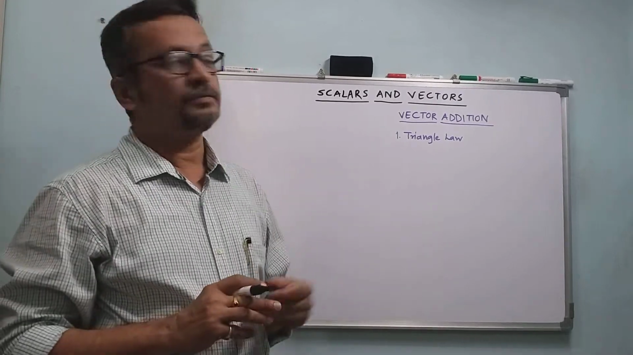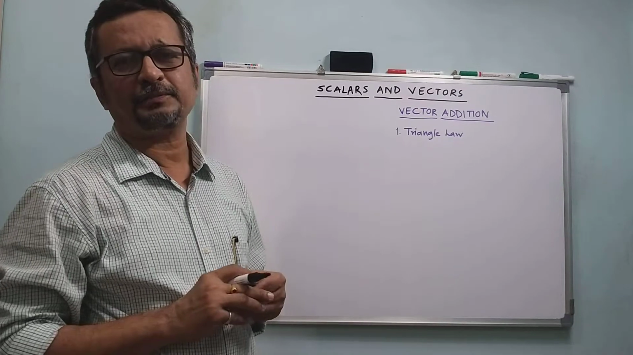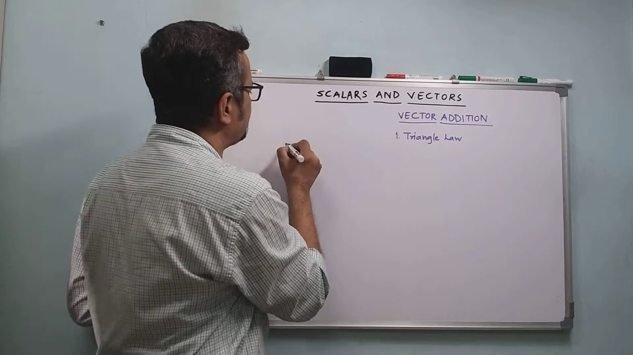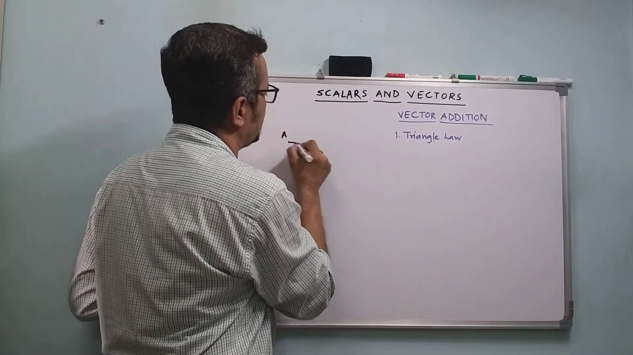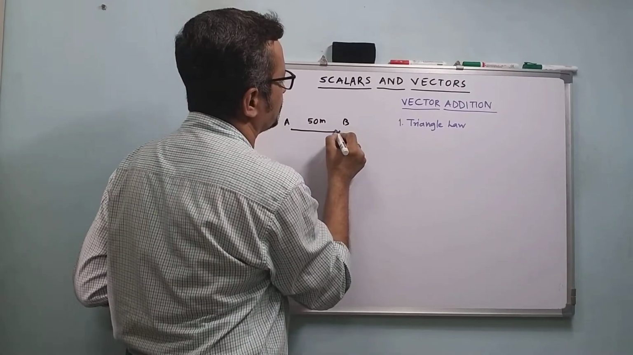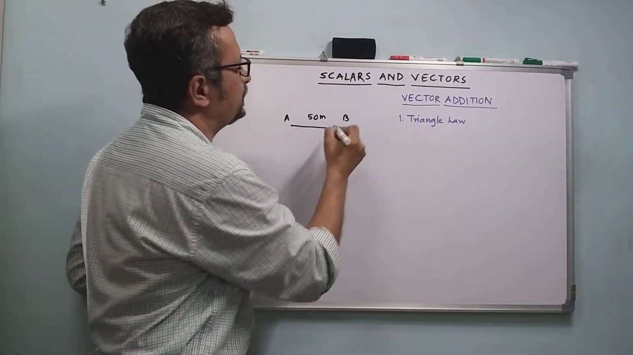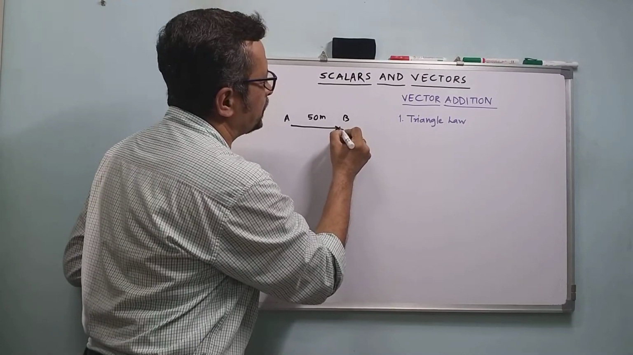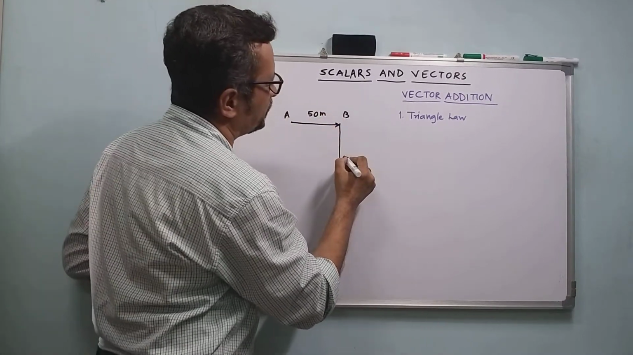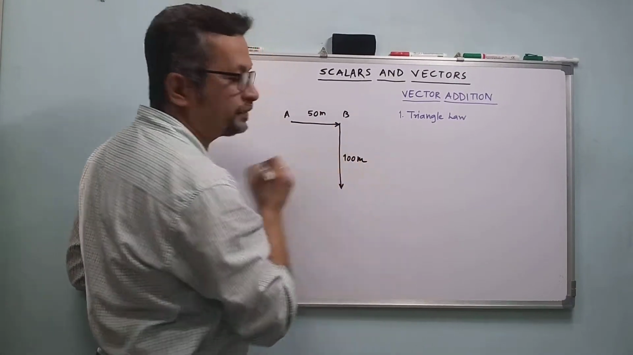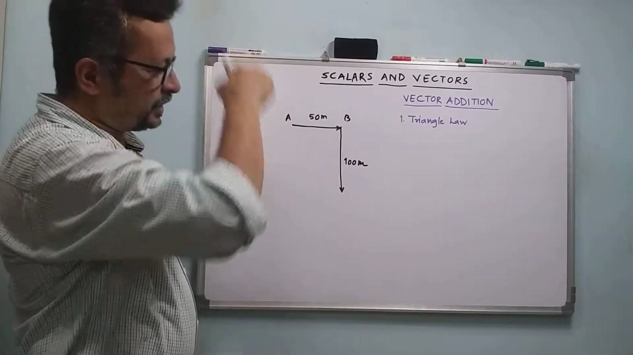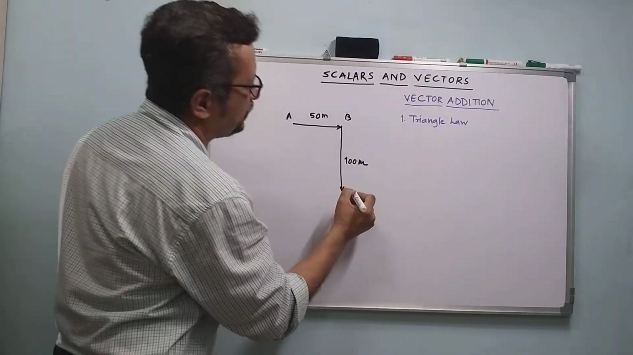Vector addition. Now I have written triangle law there. So let me explain. In the last video I had mentioned the example of starting from point A and going 50 meter to point B, correct? Then I travel, okay, I'll take 100 meter towards south. I'm traveling towards east 50 meter, 100 meter towards south, and then I'm reaching this point